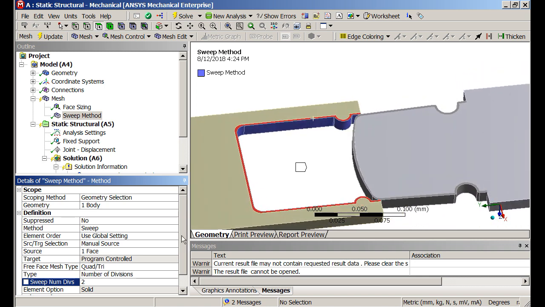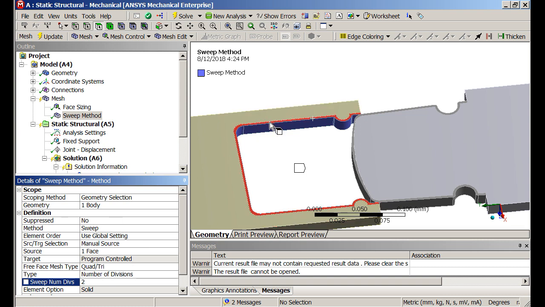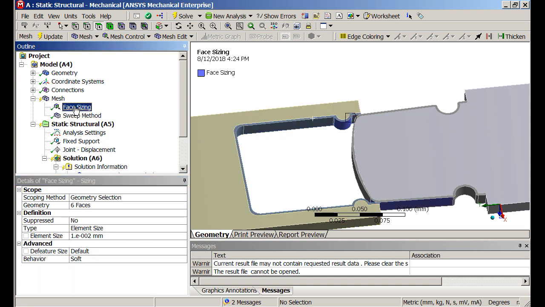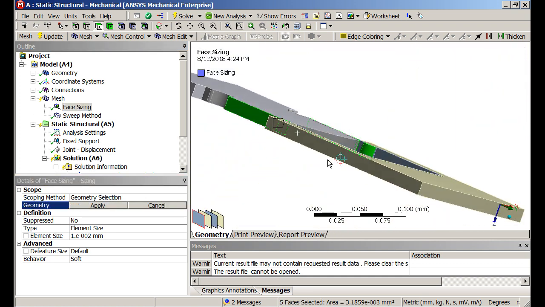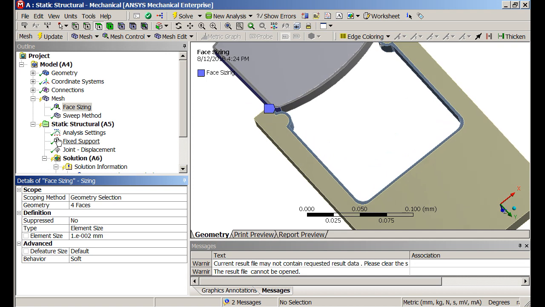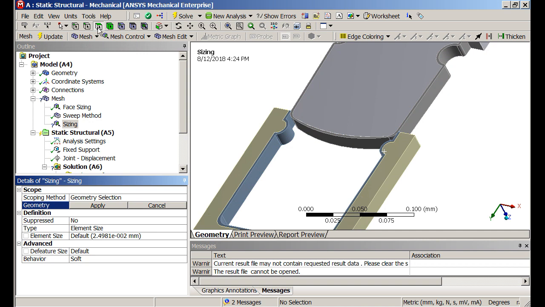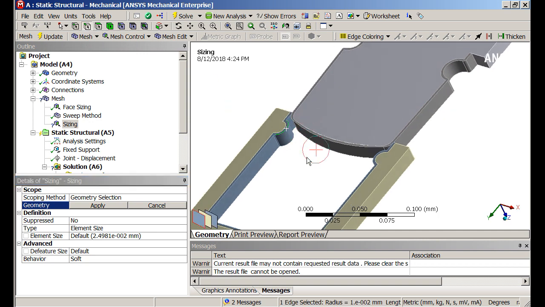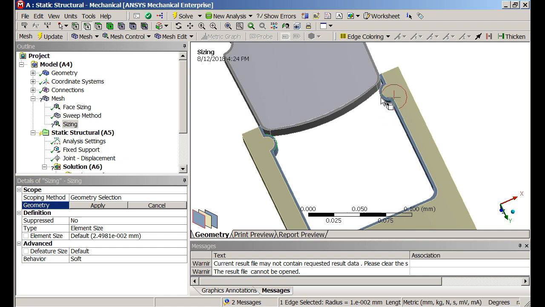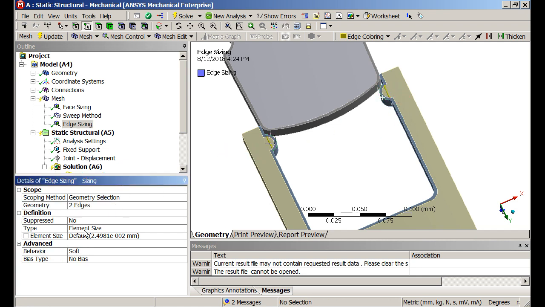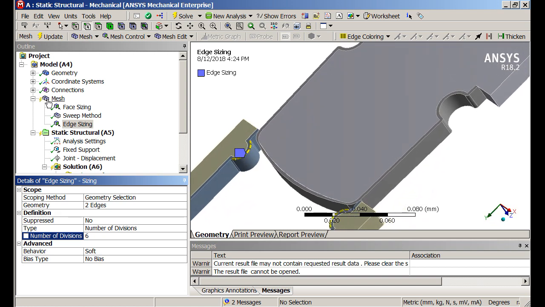and because it's sweeping from this side to that side, instead of that face sizing, let's take away those 2 faces with a control click. What we'll use instead is edge sizing, and so we'll insert sizing on that edge, and that edge, and we want, say, 6 elements around that edge. So now when we mesh,